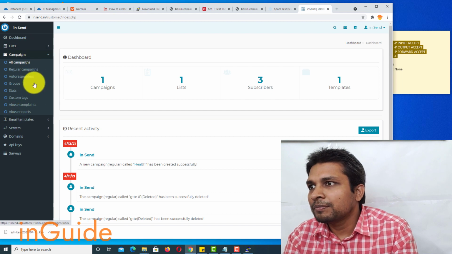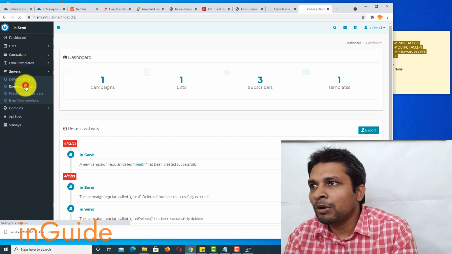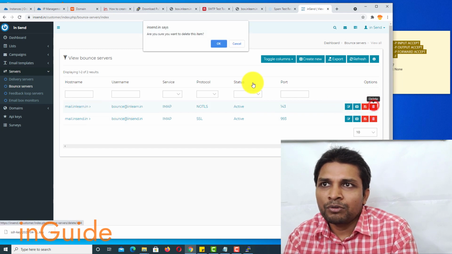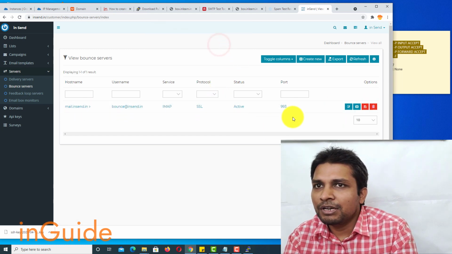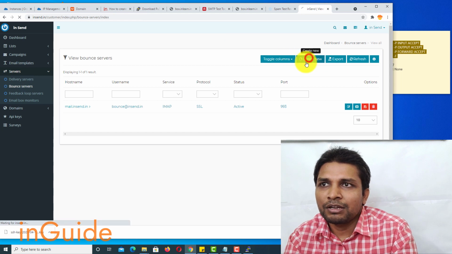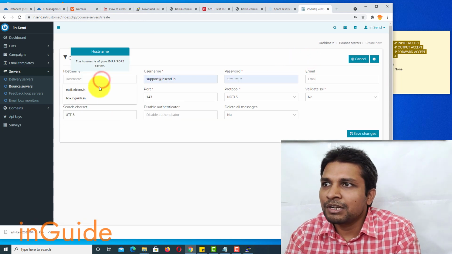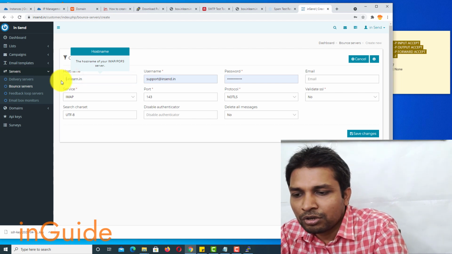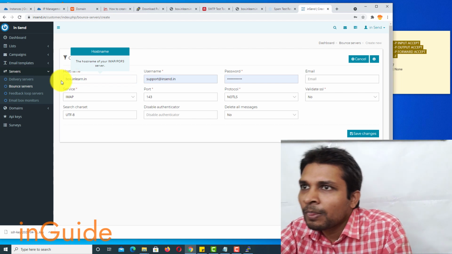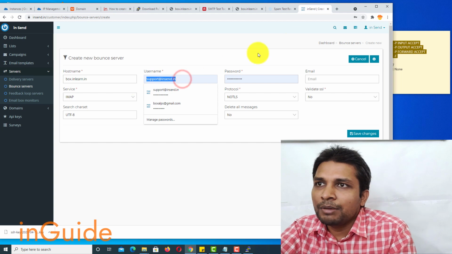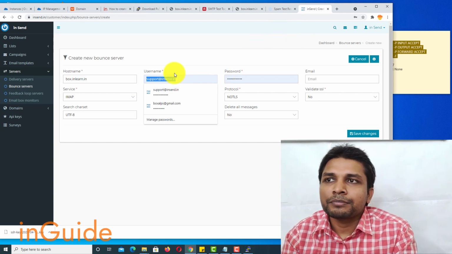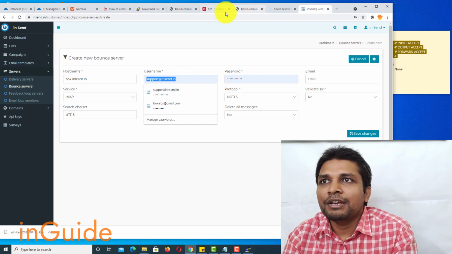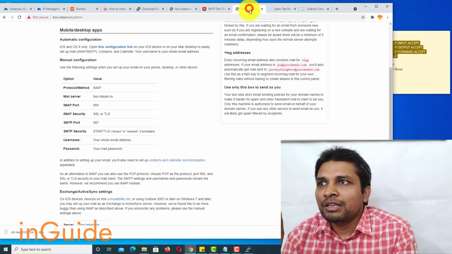So in here, go to servers and then bounce servers. Alright, I added one bounce server yesterday. Let me delete it, and then I'll create a new bounce server, and here I type my host name, box.inlearn.in, and then the username. Since I am creating this for bounce handling, I need to create one email box.